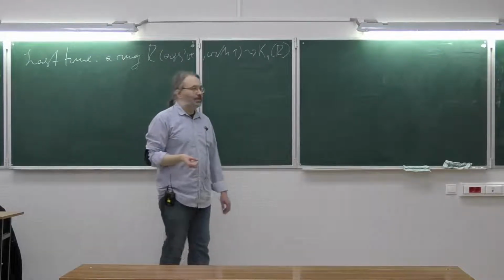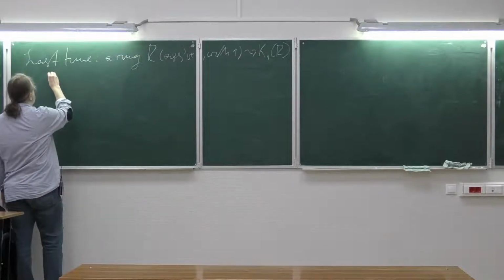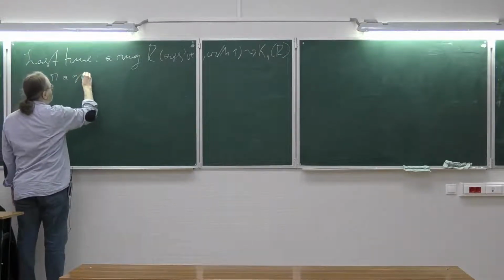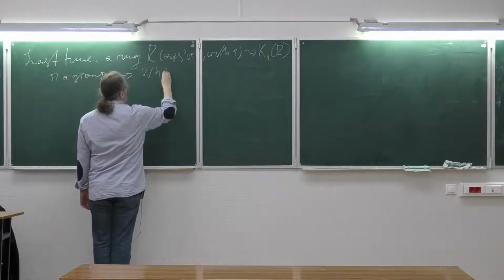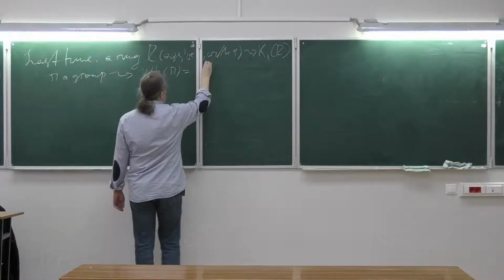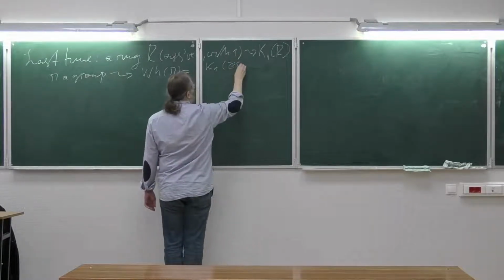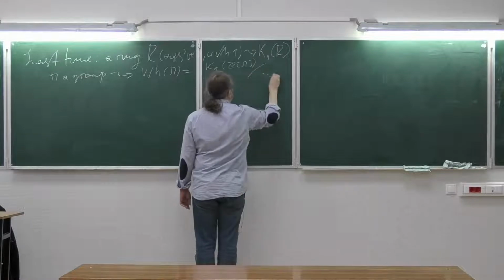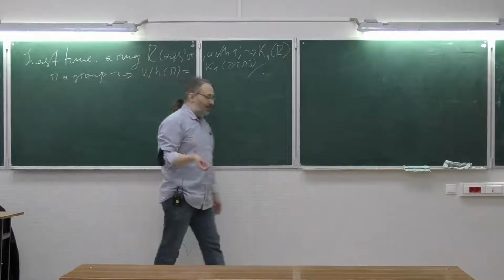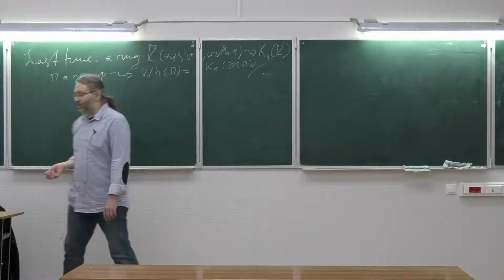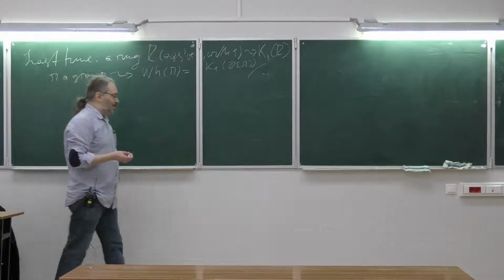Given a ring R, we constructed a group K1 of R, and using this group, we constructed another group which is called the Whitehead group, and we